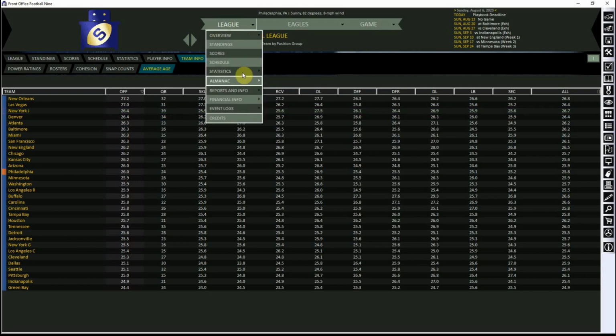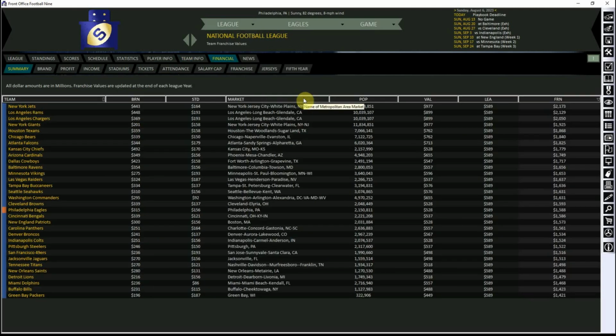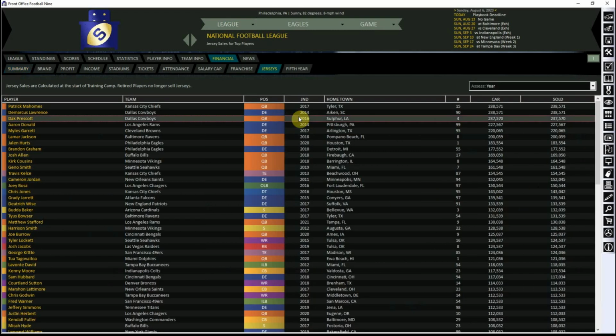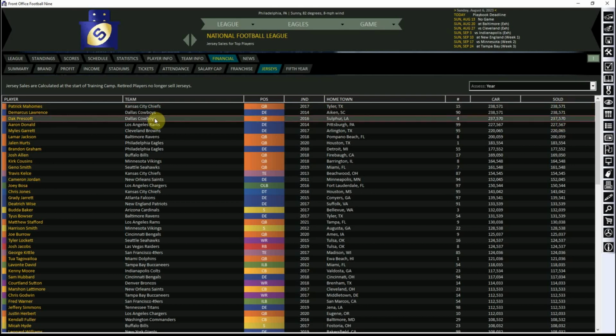Continuing on with the league tab, also a ton of different financial information as you get going. Franchise value report is something that I think is new this year. I'd be interested in seeing what that looks like over time. They've also got player jersey sales now. Patrick Mahomes sold the most jerseys this year, apparently tied with DeMarcus Lawrence, just ahead of Dak Prescott, as the